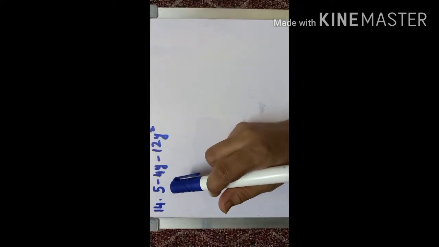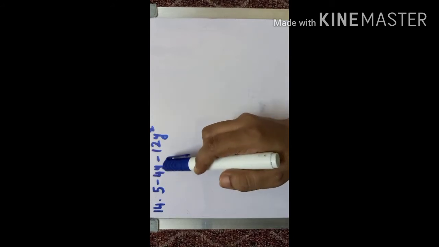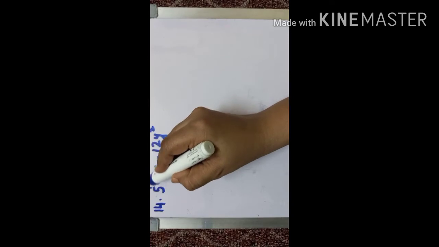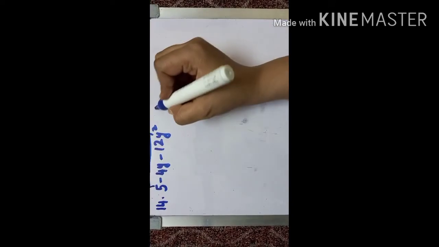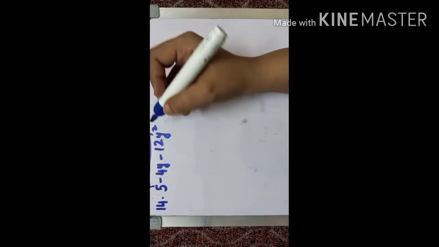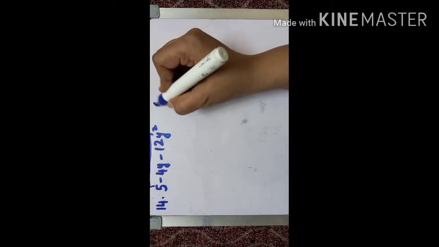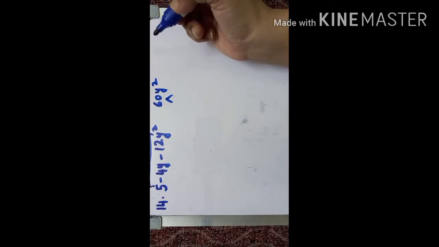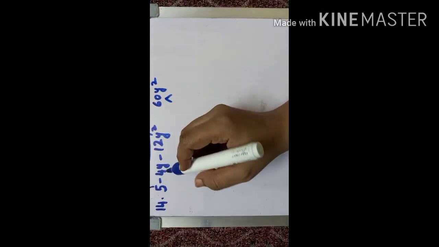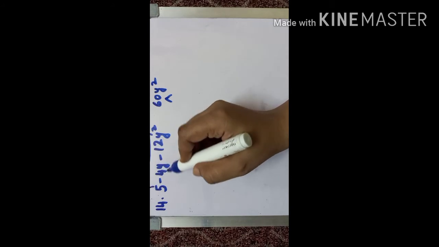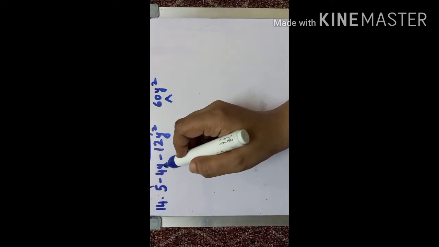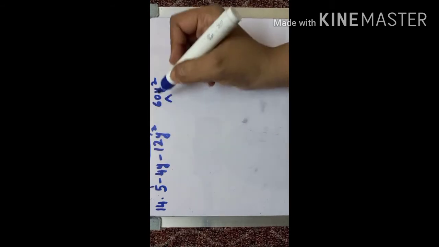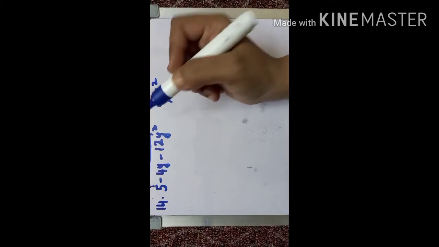Now the next problem is 5 minus 4y minus 12y square. So the first and the last term: 5 into 12, 5 12s will be 60, and here y square is there. So let us check for 60y square. Now here you see 4y, you are splitting this term. When you are splitting, the two terms when you multiply you should get this number. So 4 you should get.